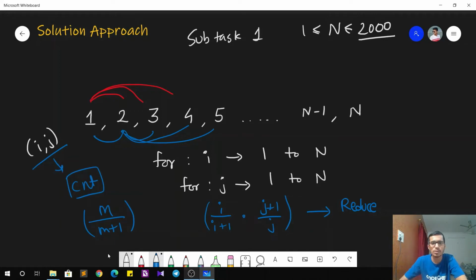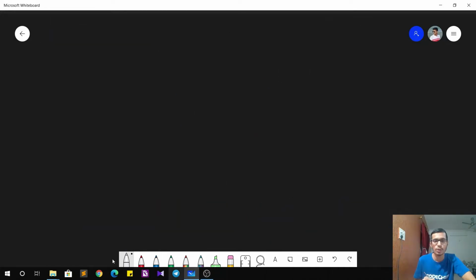So using brute force we can easily solve the question for subtask 1, but that only gives us 5 points, right? So now let's proceed and see the math and the approach behind the 100-point solution. To start with, we know that a good fraction looks like m upon m plus 1,